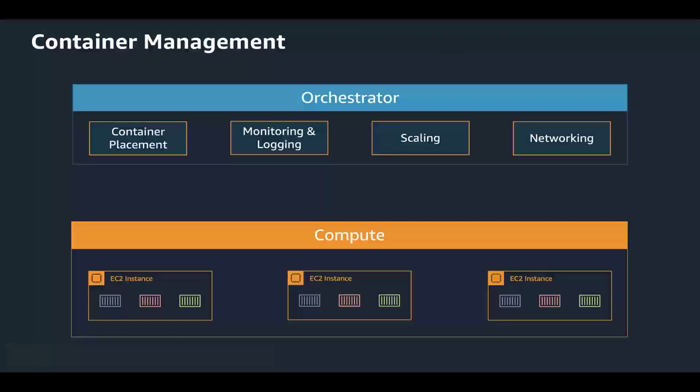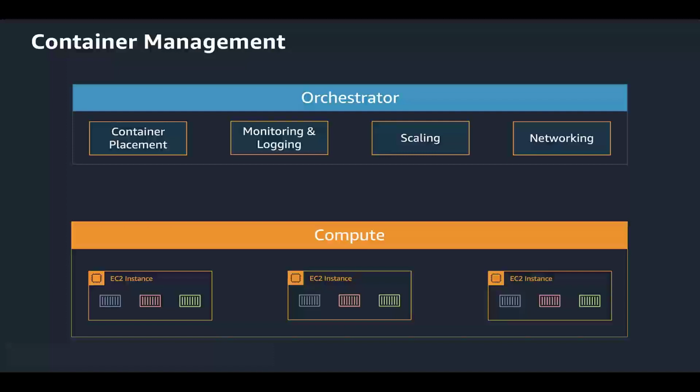To perform all of these management operations and more, a typical container deployment includes an orchestrator layer. Sometimes this is called a control plane. The orchestrator is a service that runs separately from the containers themselves and handles container placement, monitoring, scaling, configuration, and deployments. You can even set up a private network among your containers so they can communicate with each other without going over a public network.